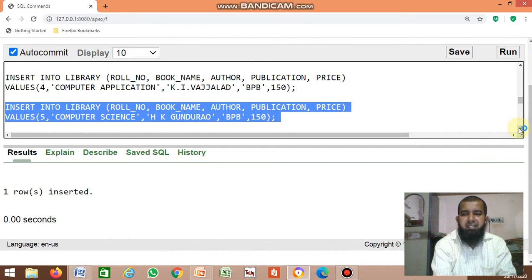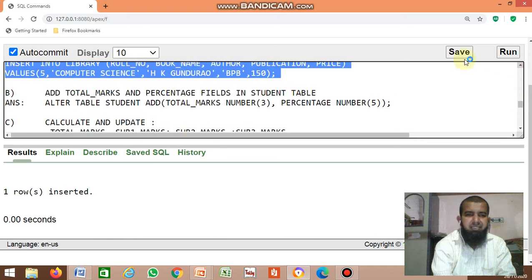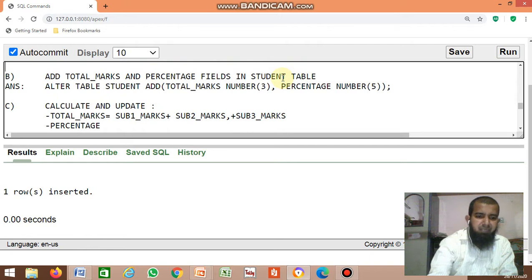Okay, after creating the table, you have to add. Before that, just display what you entered in the student table and library table. How to display? Select star from student.